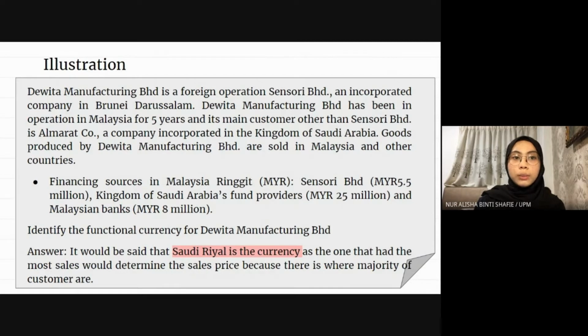Financing sources in Malaysian ringgit for Sensory Berhad is 5.5 million. For Saudi Arabia is 25 million and Malaysian baht is 8 million. Identify the functional currency for Duwita. For this example, the currency will be Saudi Riyal, as the one that had the most sales will determine the sales price because that is where the majority of the customers are. So the next one,